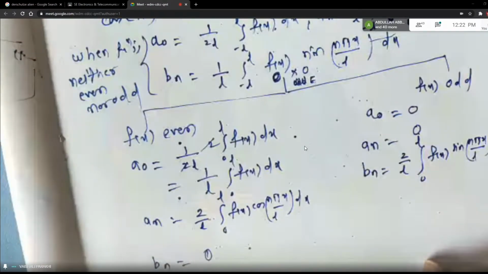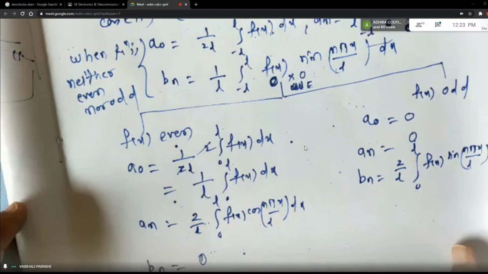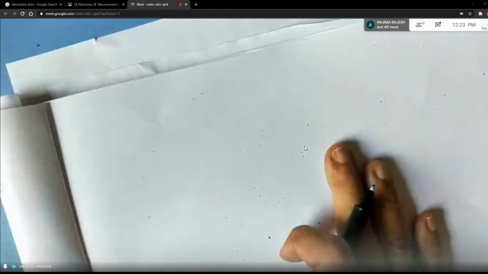Okay. Now let us solve an example so that you will understand what I am saying. Take this problem, students. This is a standard problem from your question papers, which was asked for some 7 marks. If it is asked to deduce something, then it comes for 8 to 10 marks. Okay, find the Fourier series.